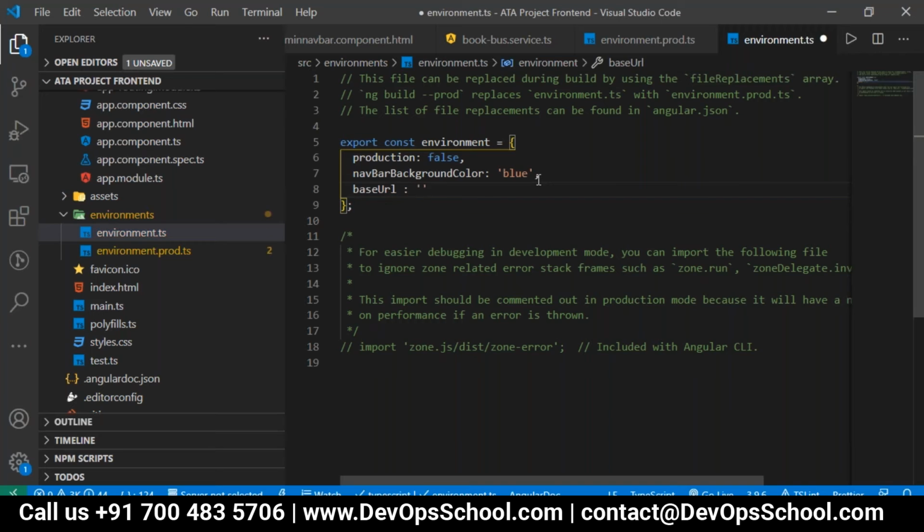I'll take it here as HTTP localhost 8089. It's a simple project, I'm just giving one example. So this is the base URL which I have configured. Then in the same way, the property everything is the same.